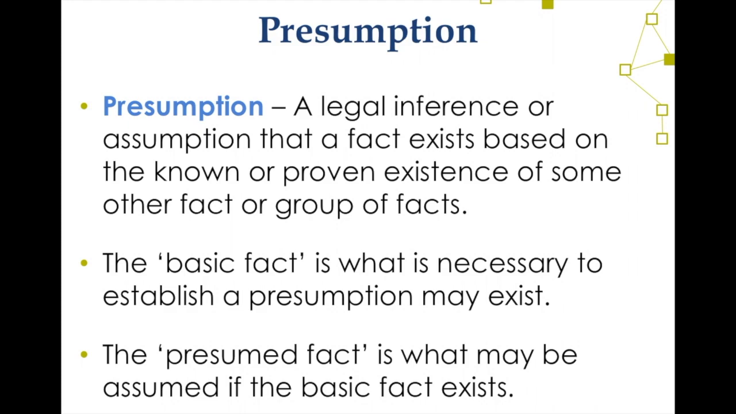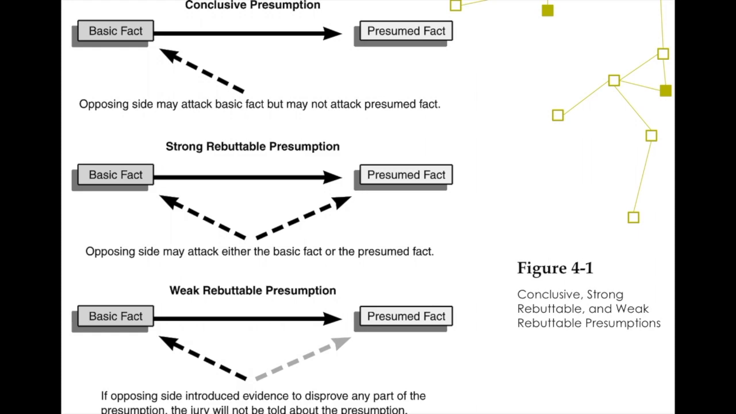A presumption is a legal inference or assumption that a fact exists based on known or proven existence of some other fact. So the basic fact is what is necessary to establish a presumption may exist. The presumed fact is what may be assumed if the basic fact exists. And here you can see a display here of